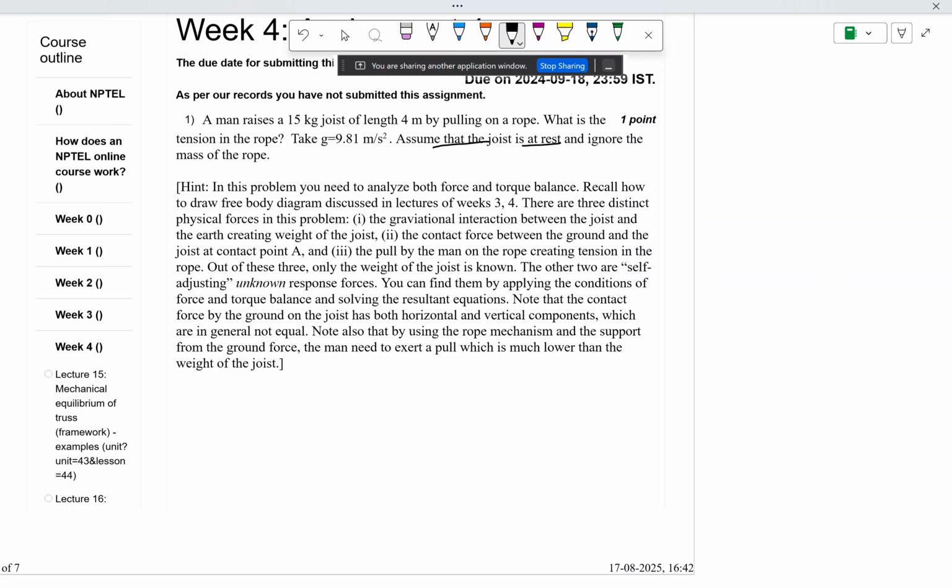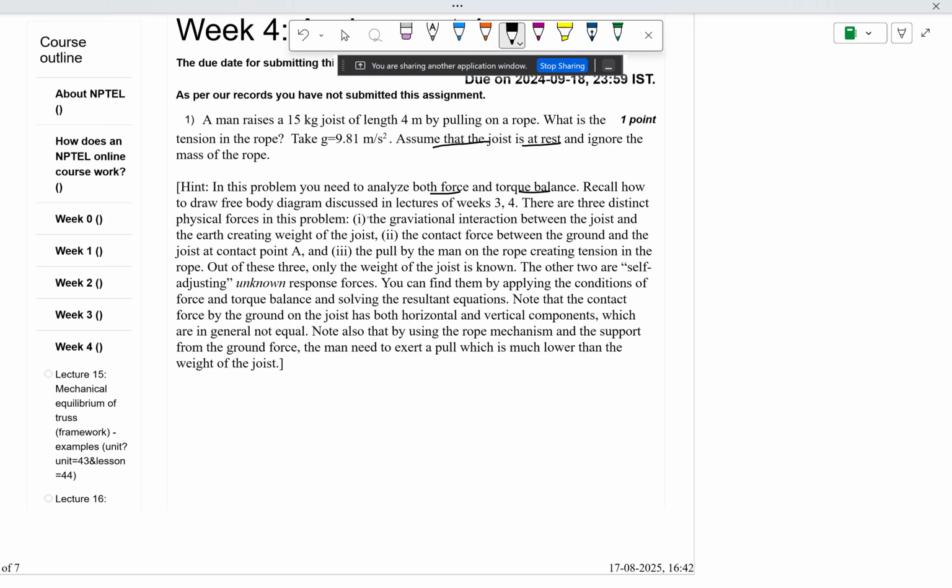That is what you have been asked here as a hint to solve this question, that you have to use the force and torque balance conditions. Now recall how to draw a free body diagram, and this is very important for these kinds of Newtonian mechanics problems. The diagram does half of the solving, right? So we have to do free body diagrams, and in most solutions the diagram drawing also carries some partial marking, right? So you have to get the diagram right. That solves only half of your problem.